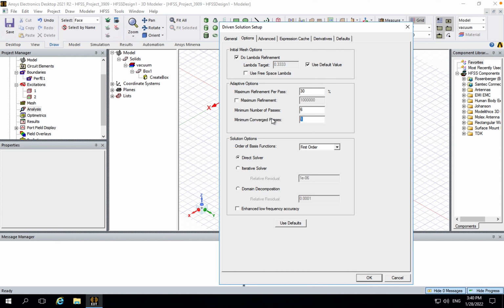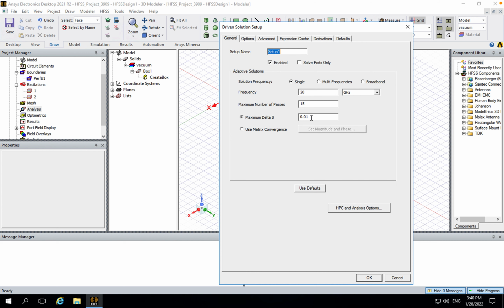Minimum converged passes, we'll set that to 3. So what that tells HFSS is that you have to converge on the number, which is 0.01. You have to converge on that 3 times in a row before you stop the simulation. So all these settings that we're doing is just ensures that the results that we get from the simulation are